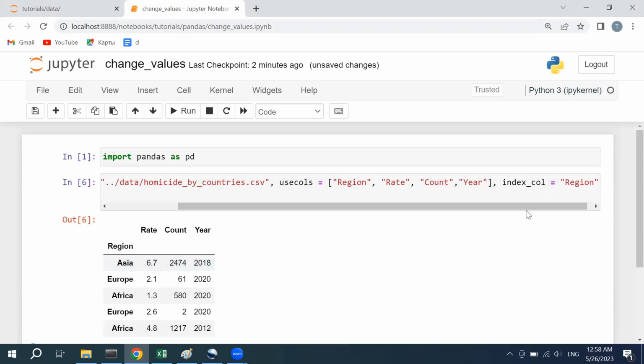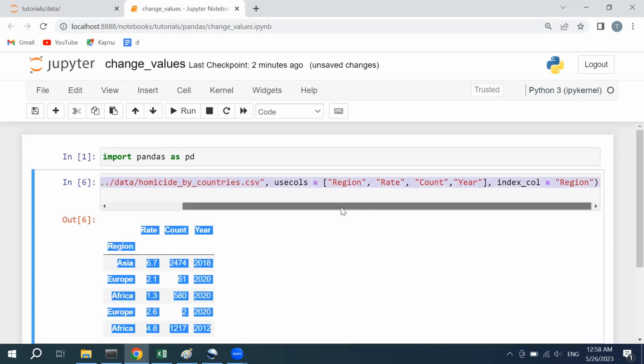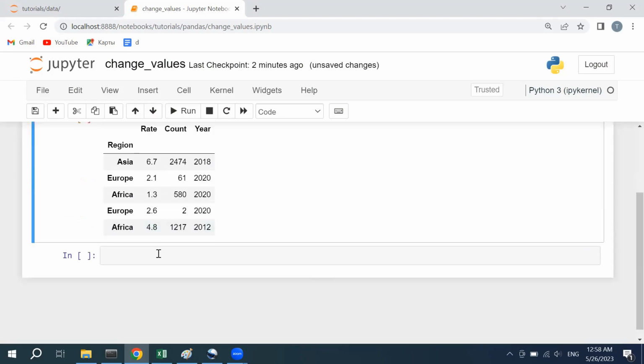In that case we have region here. You will see we have placed it as an index, and now we will start to explain the sum method,